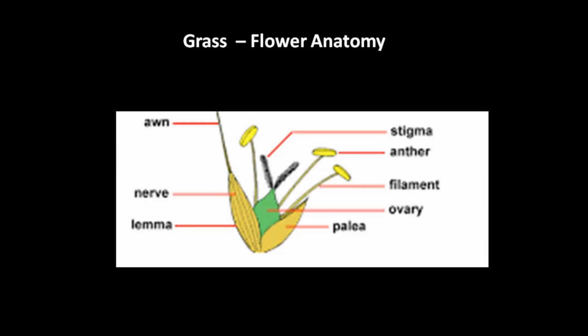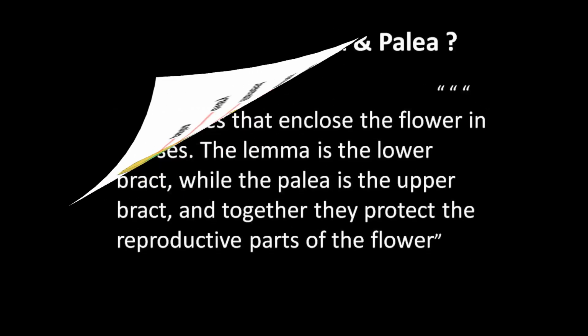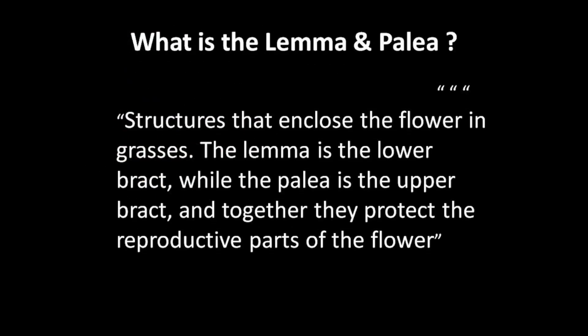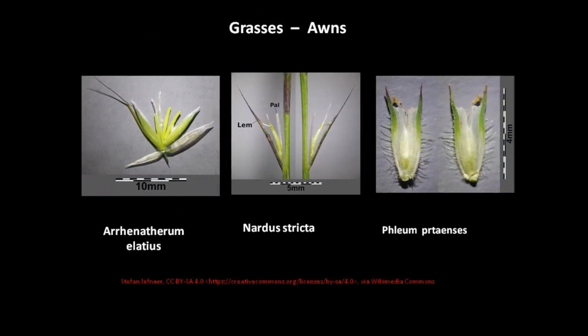So, just to clarify, what are the lemma and the palea? These are structures that enclose the flower in grasses. The lemma is the lower bract, whilst the palea is the upper bract. Together they protect the reproductive parts of the flower. At the risk of going on and on,